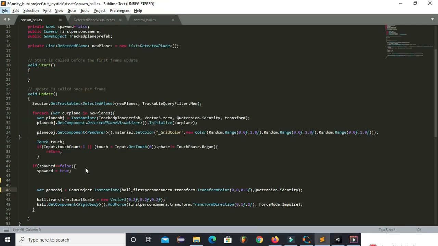So here I am in the script SpawnBall, which we created to visualize the detected plane and to spawn the ball whenever we tap on the screen. First of all we have to comment this line, and now we have to set the game object to true.